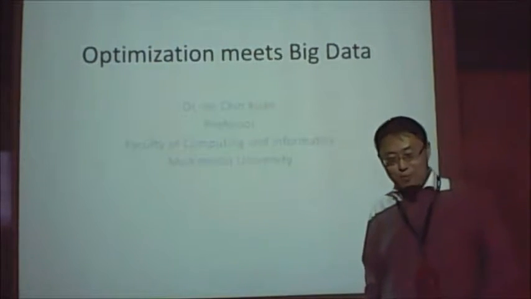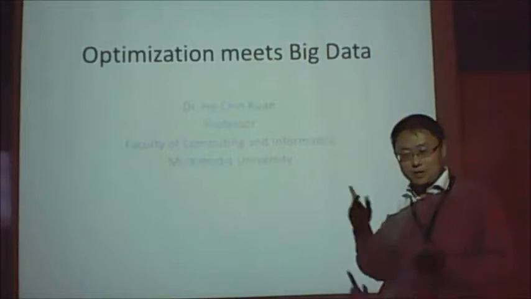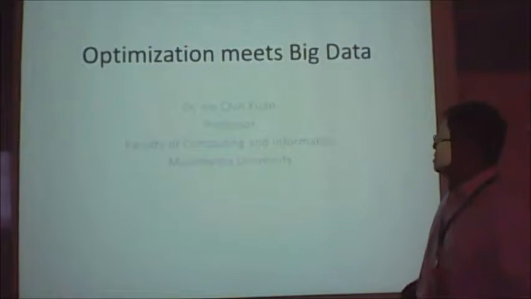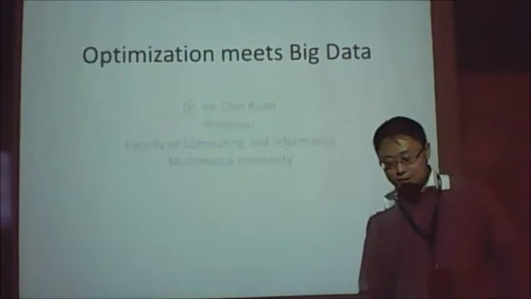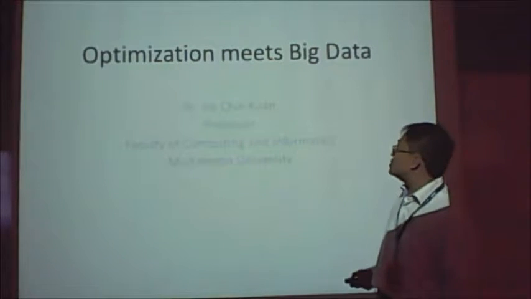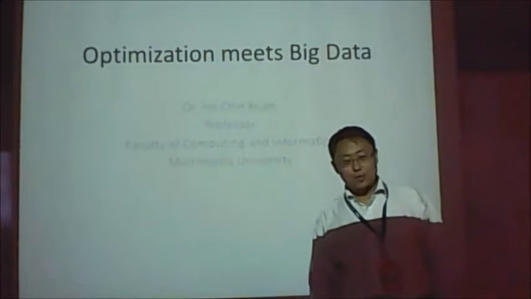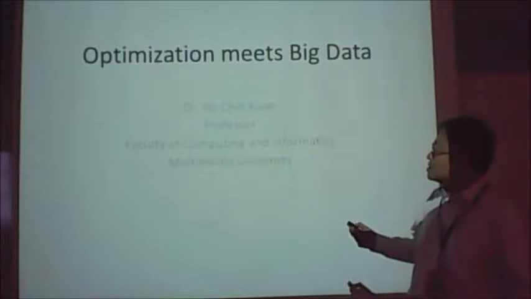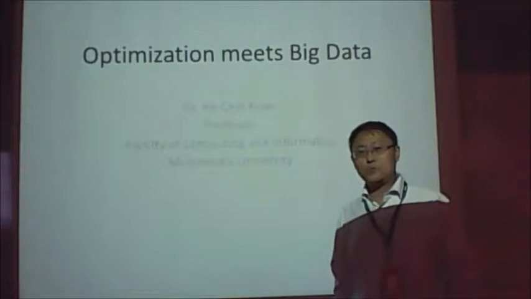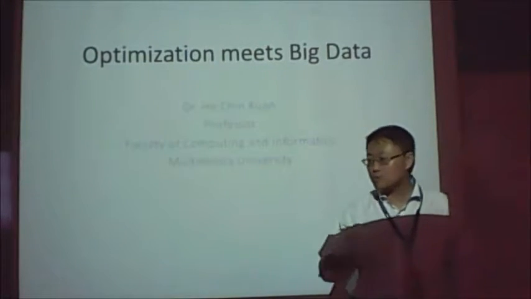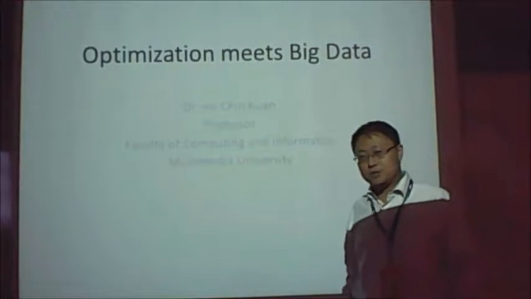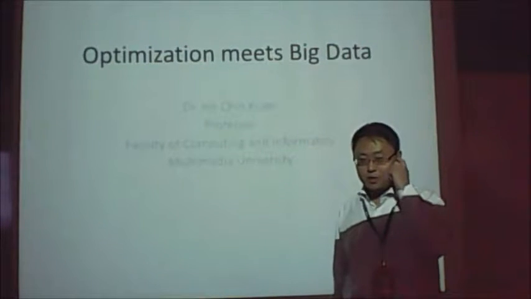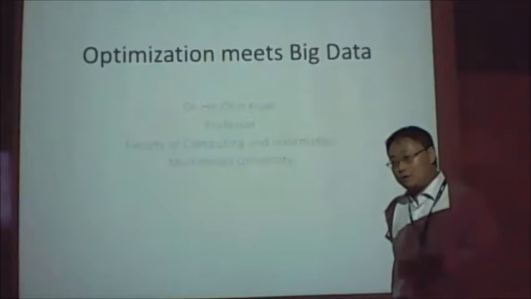So I'm going to talk about what I'm interested in today. I've given a similar talk before somewhere else, around this area. So the talk today has two titles: optimization with big data. Where I'm coming from is that I started out working on optimization. Of course, optimization has two classes. One is continuous optimization. The other one is discrete or combinatorial optimization. I started out my research doing combinatorial optimization, basically on graph structures and so on.